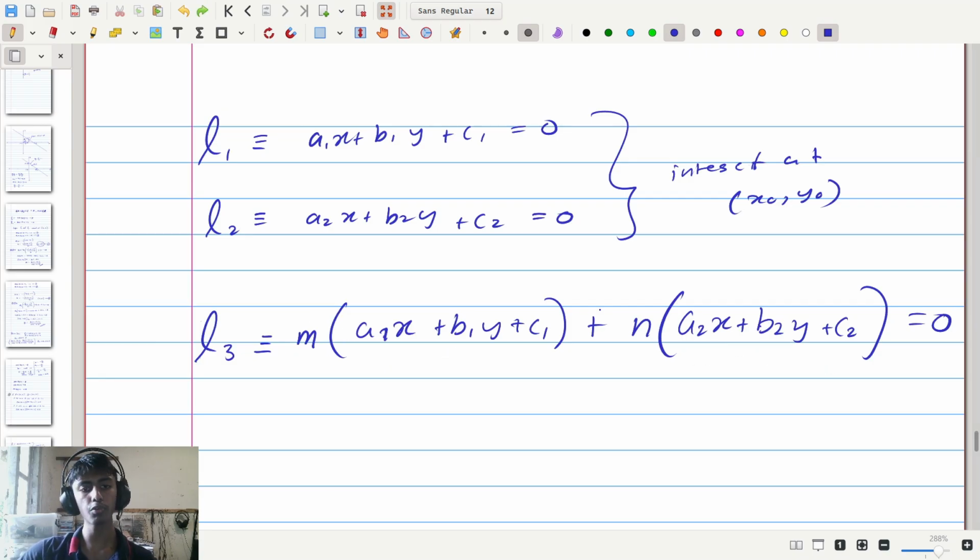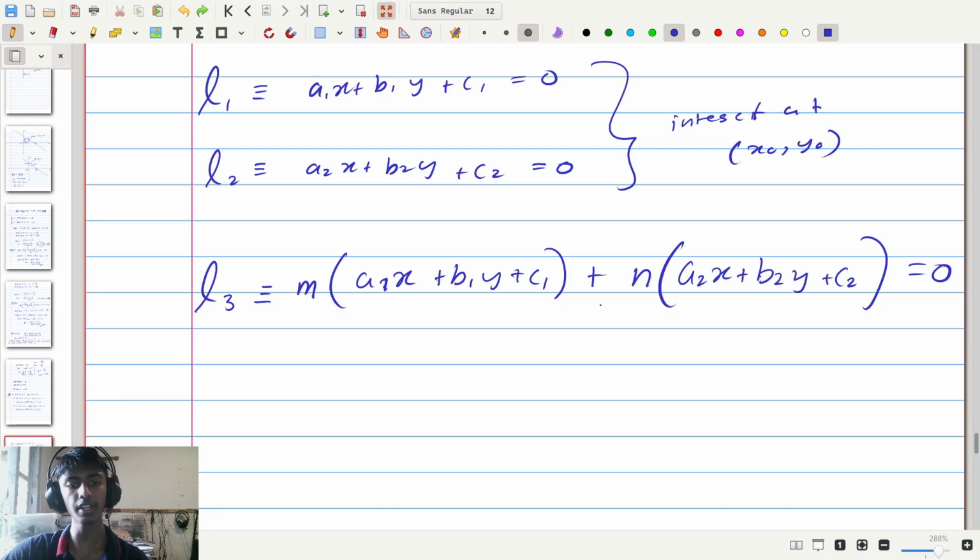So therefore, for some real constants n and m, this part is 0 and this part is 0, therefore the whole thing is 0. Therefore, this statement is true. So therefore, L3 would also pass through the point where L1 and L2 intersect. So here the only condition is that n and m should be elements of the real numbers, and we also should